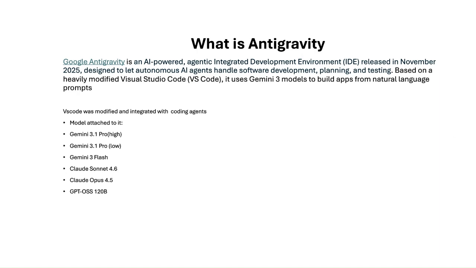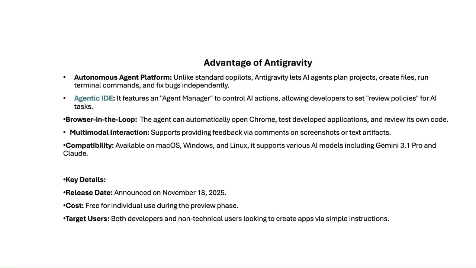Some of the models it uses are Gemini 3.1 Pro, Gemini 3 Flash, Claude Sonnet, GPT OSS. So these are the models you can make use of in this application, and you can make use of them free as long as you have your credit. Antigravity has so many advantages, but a few are